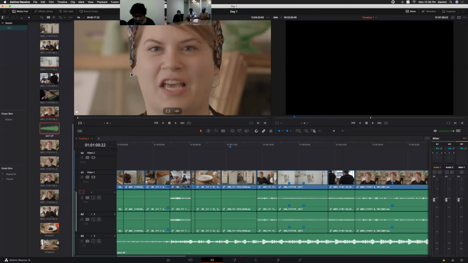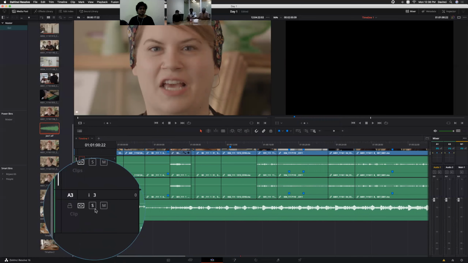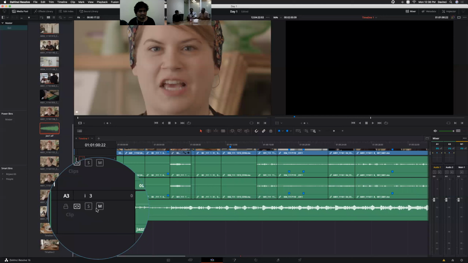What about solo selection of the clip? Audio soloing. Okay, so here we have the same option, solo and mute. It is not mono, it is mute.